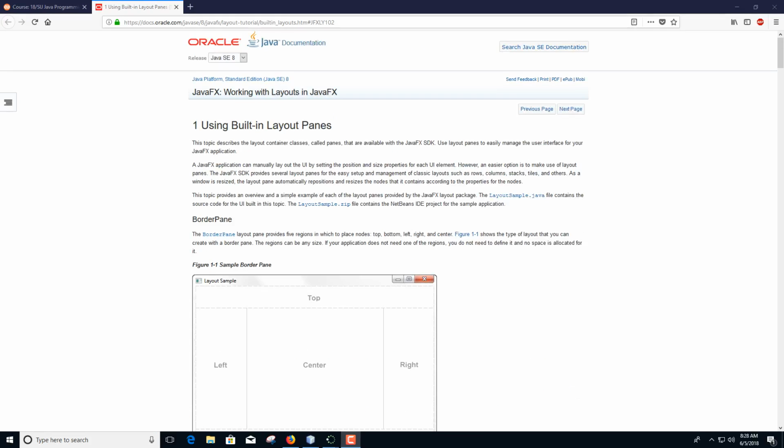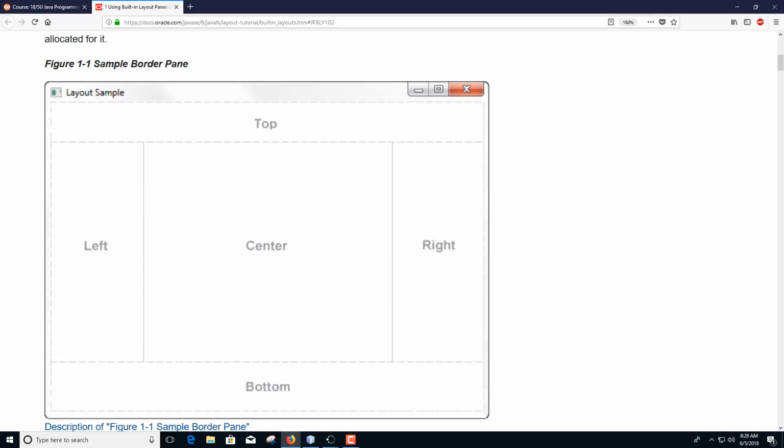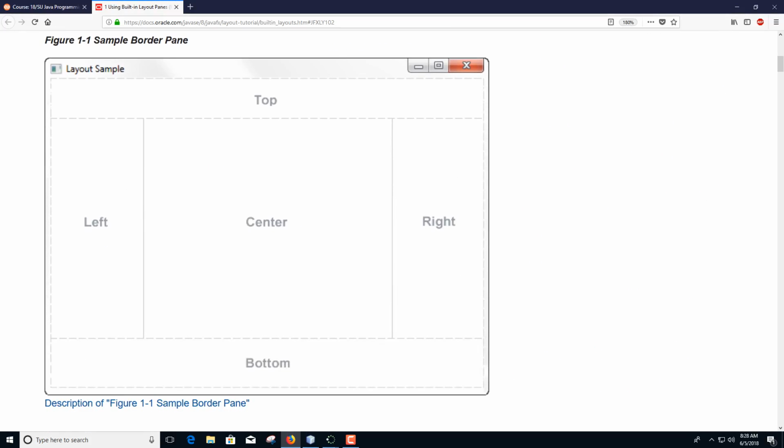Here's some of the different layouts that are available. The first one here is the border pane. If I can zoom in a little bit. This allows you to lay everything out in one of the 5 positions that it shows you there. You can tell it you want this thing centered on the right, on the top, on the left, and on the bottom. So there's 5 basic regions that are already there for you, and you set your nodes in